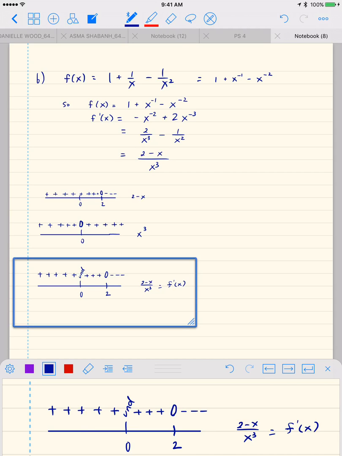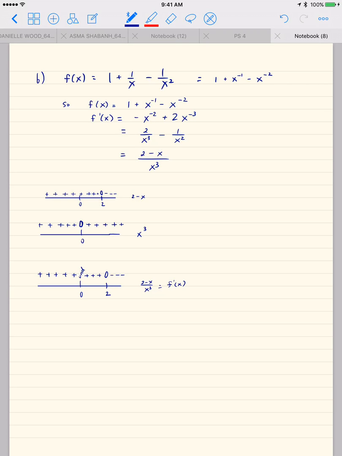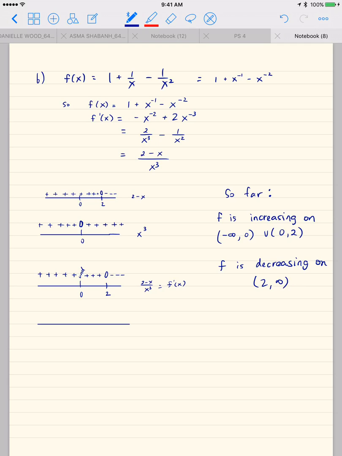Okay, so far, f is increasing on negative infinity to 0, union 0 to 2. f is decreasing on 2 to infinity. Right? So if we were to put in our sketch of f,